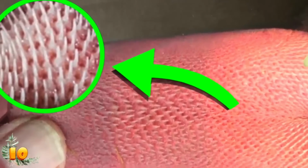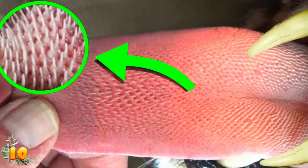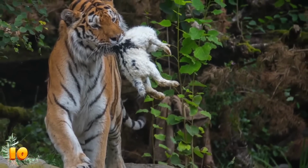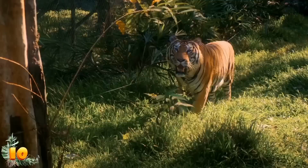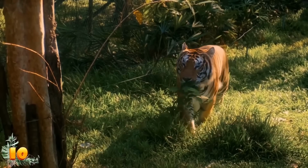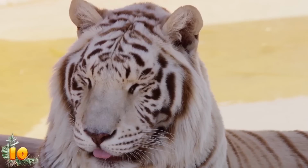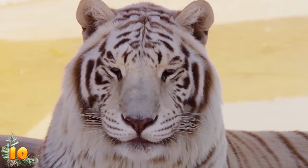These spikes are sharp, they face backwards, and they give the tiger's tongue a sandpaper-like texture, which allows the big cats to strip feathers and fur off their prey. They could even strip the skin off their prey if they got a hold of you and really wanted to. This is how a tiger gets the hair and fluff off of its victims. But a tiger will also use its rough tongue to clean its own fur and to give its cubs a